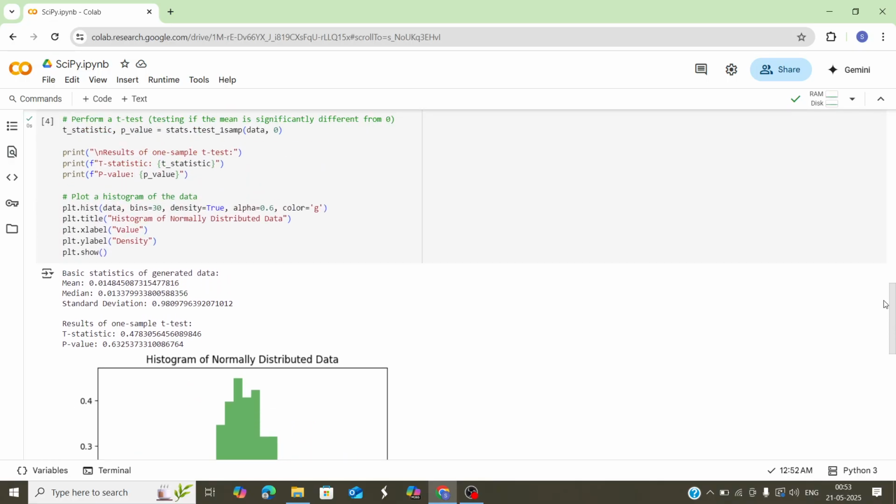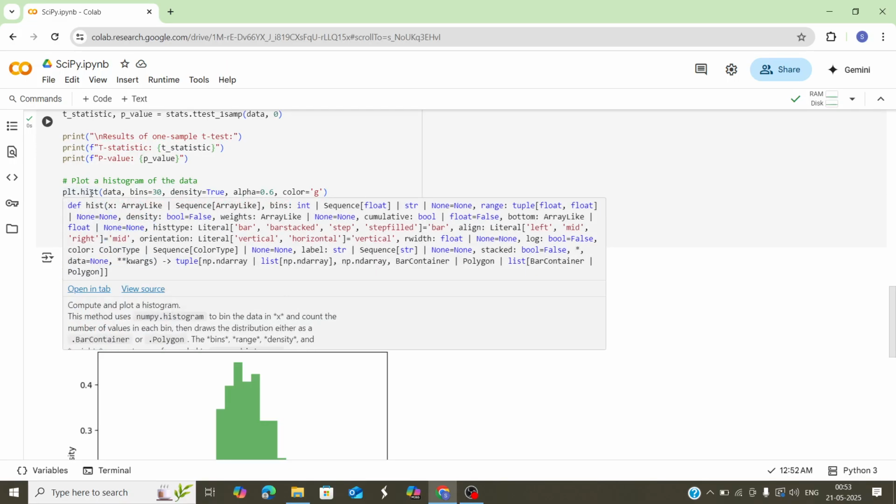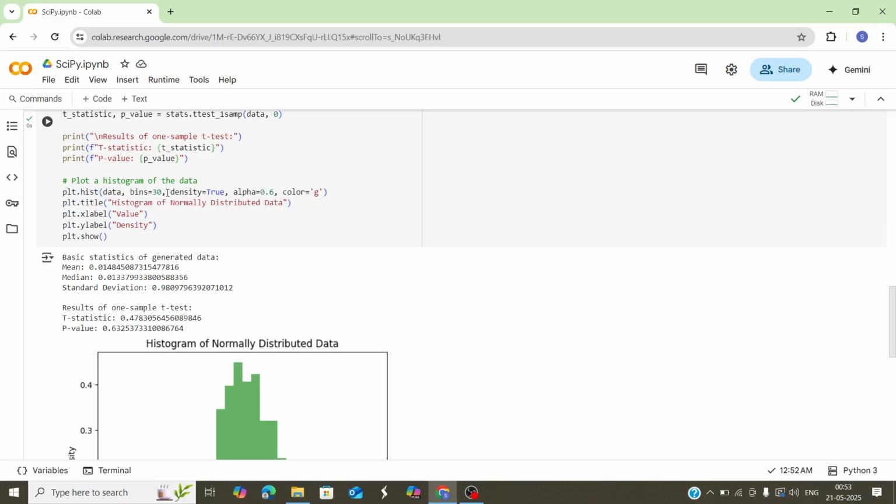So we are also plotting a histogram over here for the data, and plt is the matplotlib library we have imported above. .hist is the function to plot a histogram in matplotlib. You pass the data and the bins. The number of bins indicates how many groups or segments you would like to have. Basically, as you can see here, it indicates the number of bars. Density, yes, I want True, and alpha 0.6, which is nothing but the opaqueness or the transparency level of your data. A higher value of alpha means a darker color. So 0.6 is what we have set here, and for the color green, that's 'g'.